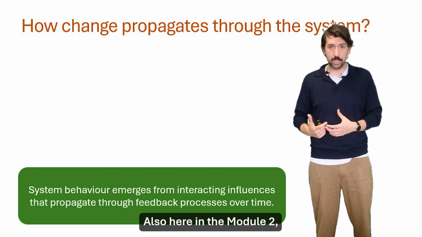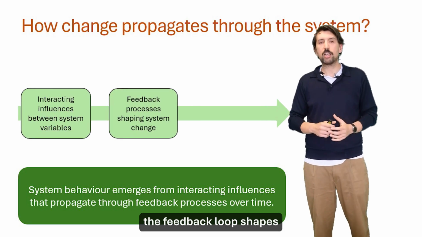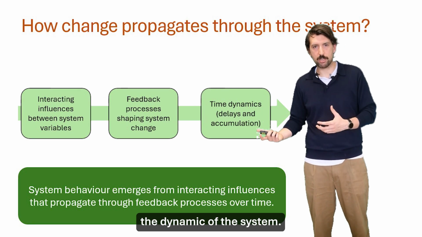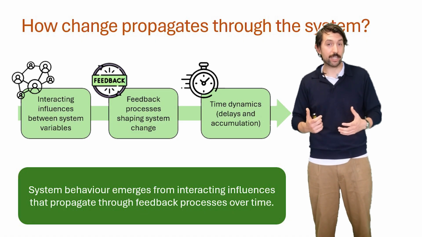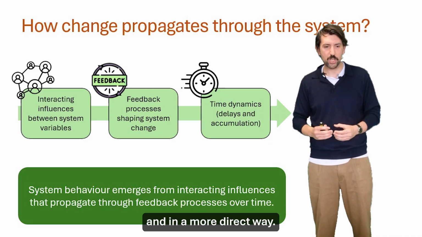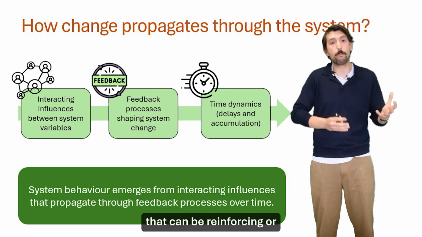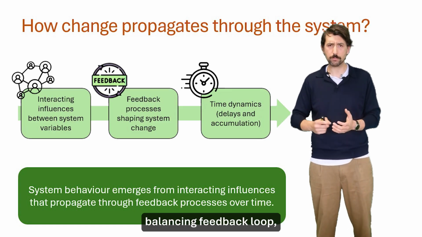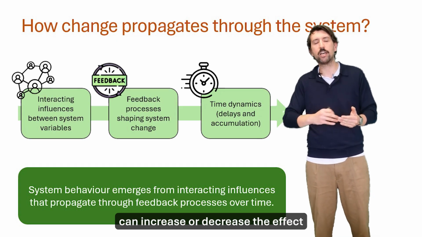As we saw also here in Module 2, the feedback loops shape the dynamics of the system. Here we can see it in a more direct way, because we see that the feedback loops, which can be reinforcing or balancing, can increase or decrease the effect of these